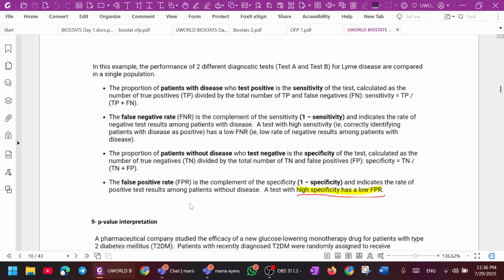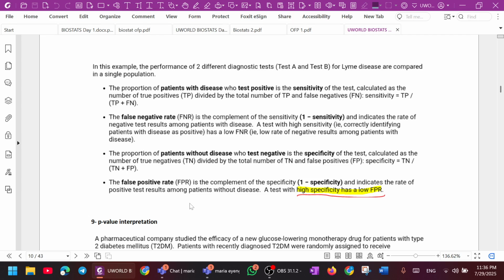We already know that. So now the question is asking you, based on everything that we just concluded here, which of the following conclusions is true? A says test A has a higher accuracy than test B. We are not talking about accuracy and precision here, so you can delete that already.